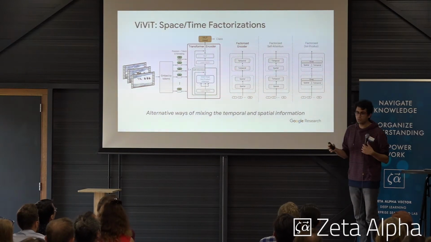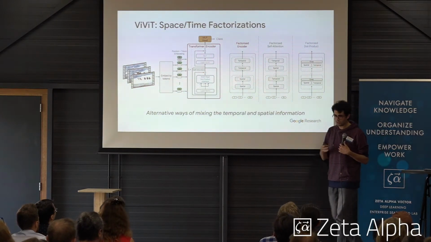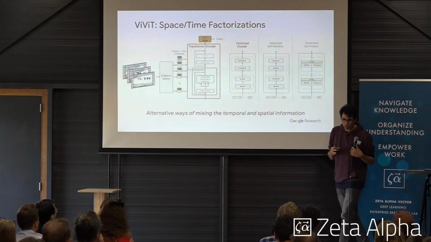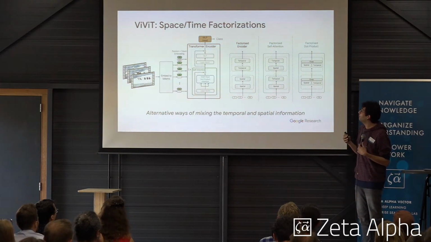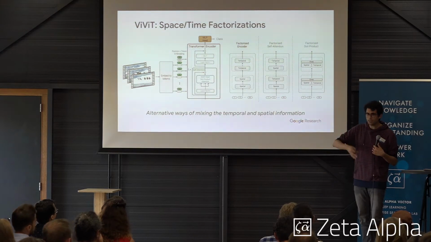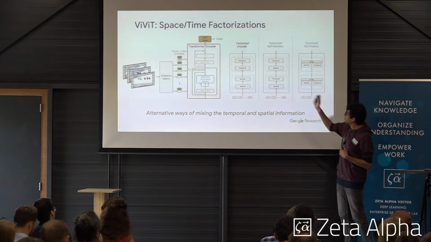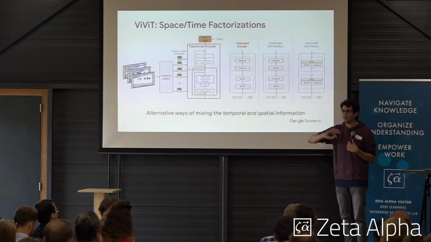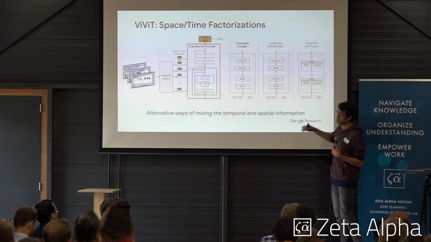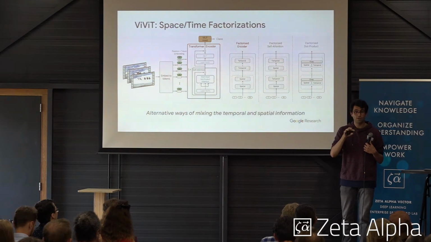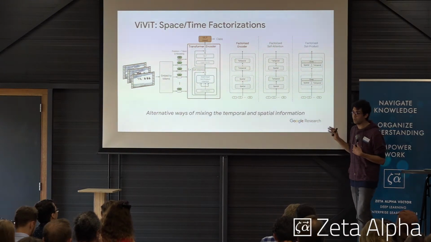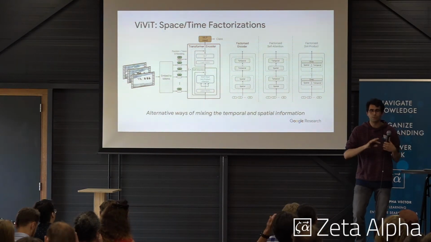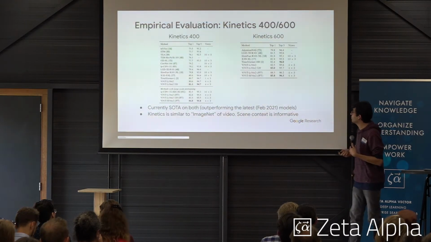And then we had a bunch of tricks to reduce the cost, because the sequence length is pretty long, right? The first one was to do some sort of factorization, or basically applying the model on different axes. We had a factorized encoder, which runs an encoder on spatial tokens and then on temporal tokens. We had another version where different parts of the model attend to different axes. And the last one was that we manipulated the heads so that half of them attend to spatial tokens and the other half attend to the temporal tokens.